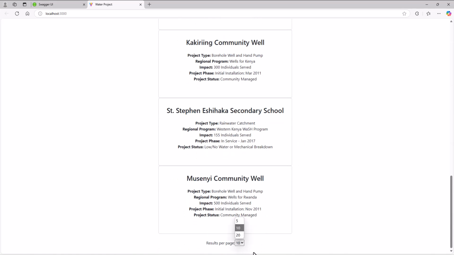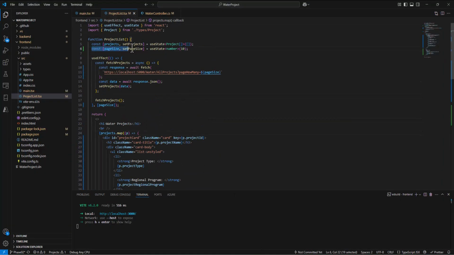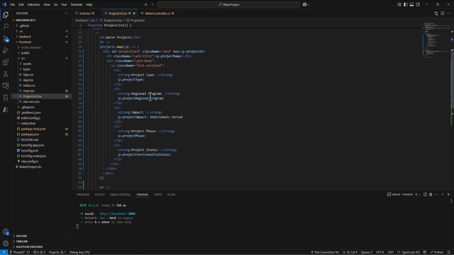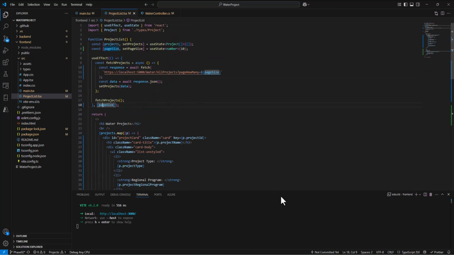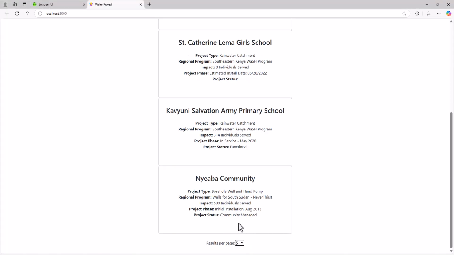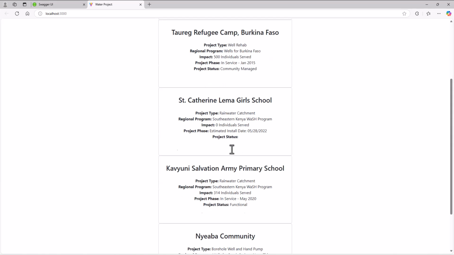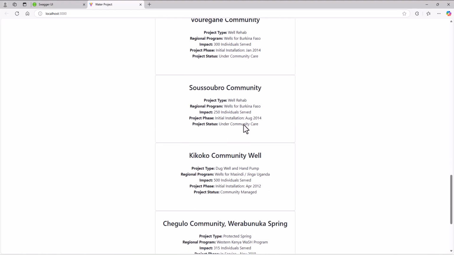So what we have in here is 10 projects, and if I change this now to 5, what's going to happen? It's going to detect in this state that there was a change. We're watching it here in our dependency array to check to see if it changes, then we want to call this useEffect again. And so when this changes, it should re-trigger this and we should pull new data. So let's see if it's actually doing it. So I say 5, and just like that, 1, 2, 3, 4, 5. I say 20, just like that, I get 20 results.